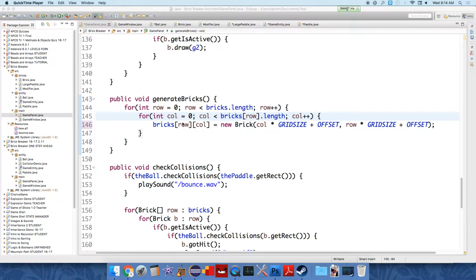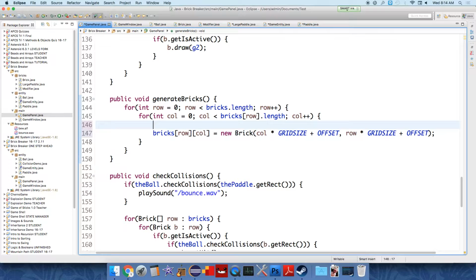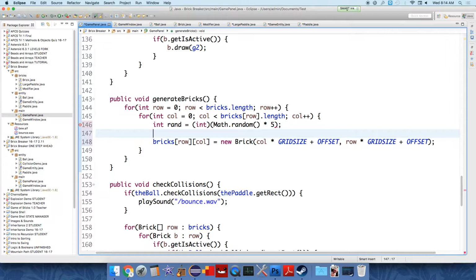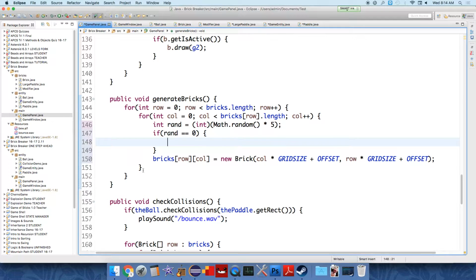Let's make the modifier appear in the bricks, fall down, and modify the paddle. Okay, so in generate bricks, we need to generate these things at random now. So we're going to create a random integer equals int, and then we're going to say math.random times the range of numbers we want. We'll say 5. And then we're going to say if random equals 0, we're going to generate at that location